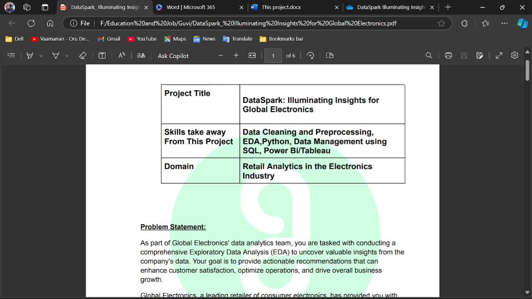Let us go through this project. Right, okay, let's see what's in it. This project title is DataSpark: Illuminating Insights for Global Electronics. This is a business analysis project. Global Electronics gave us some data sets, like their customer data on